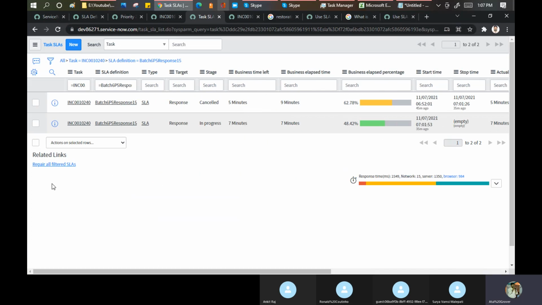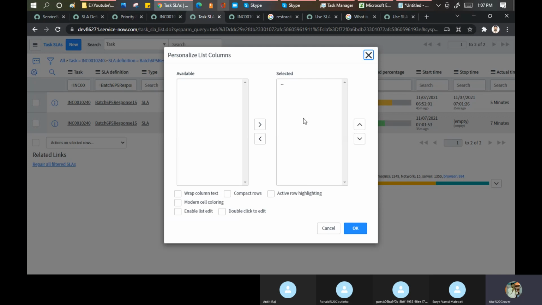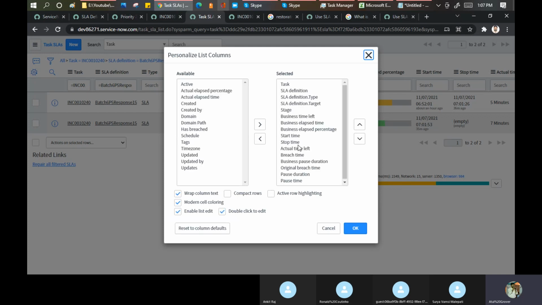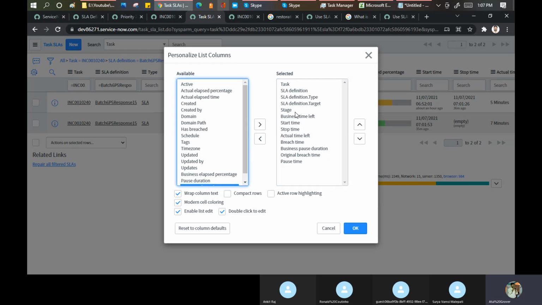If you don't want, I'll remove a few of the things, because that is not much required here to understand. Sometimes it creates confusion. Percentage I don't want, duration I want, original I want, pause duration I want, okay, that will work. Breach time, actual time left will work. Stage will work.